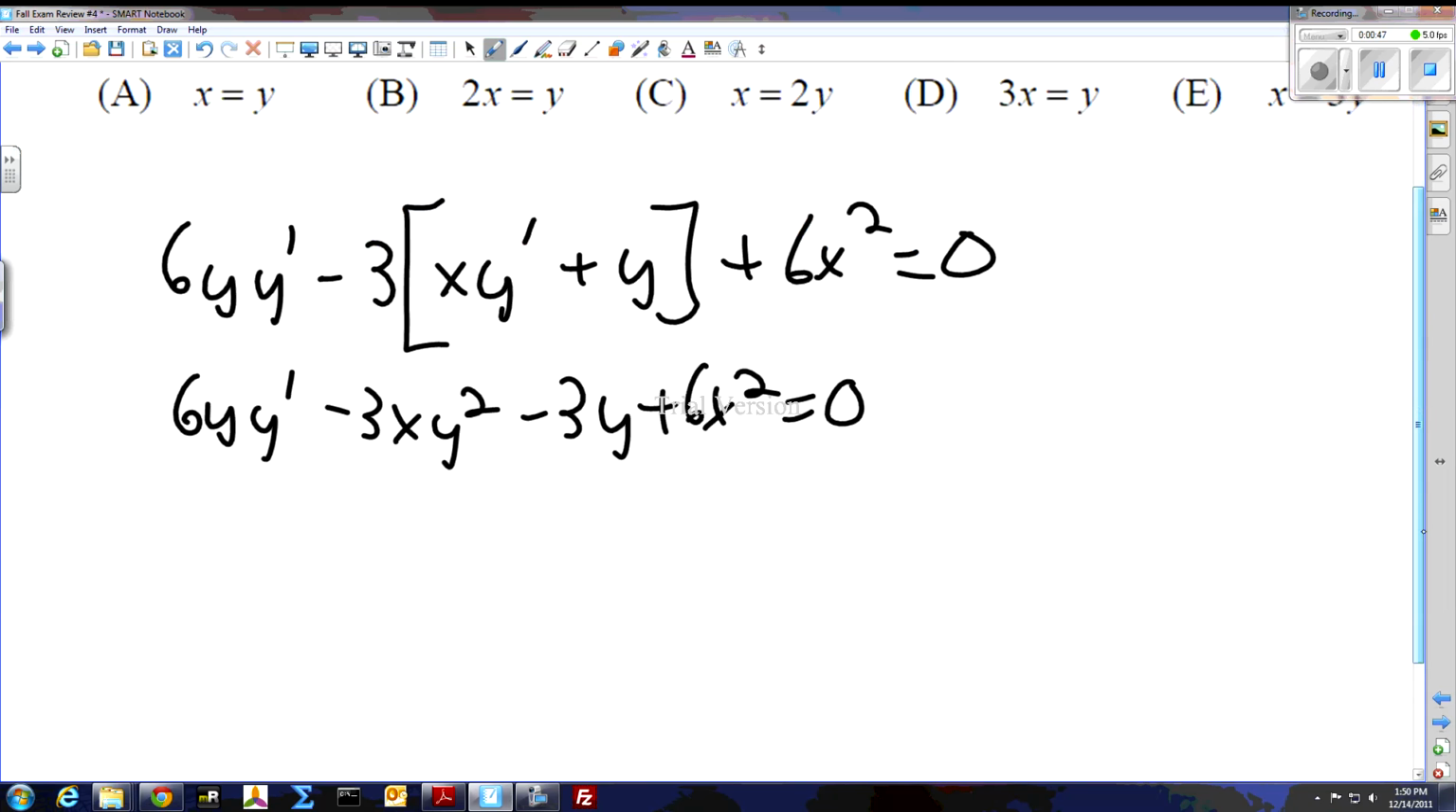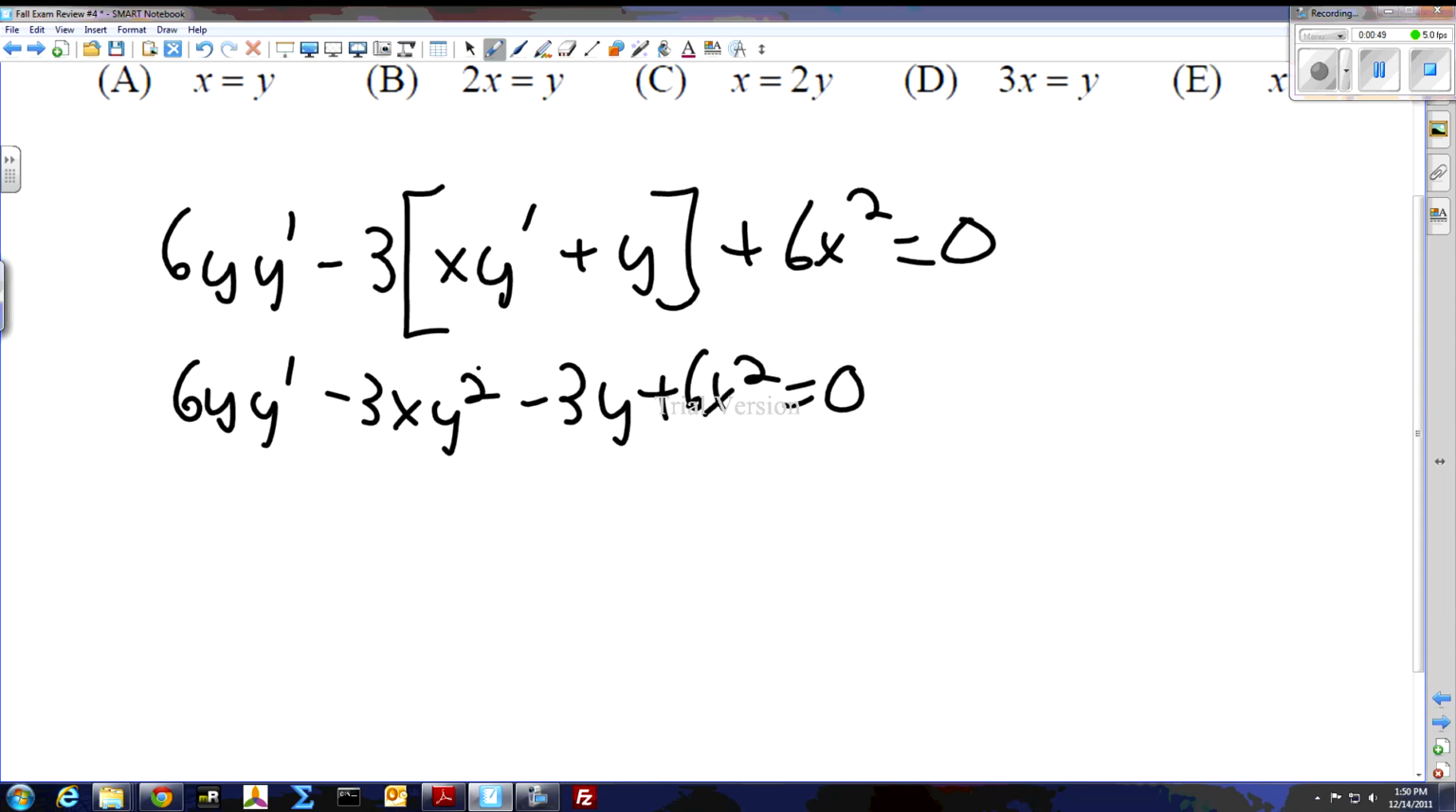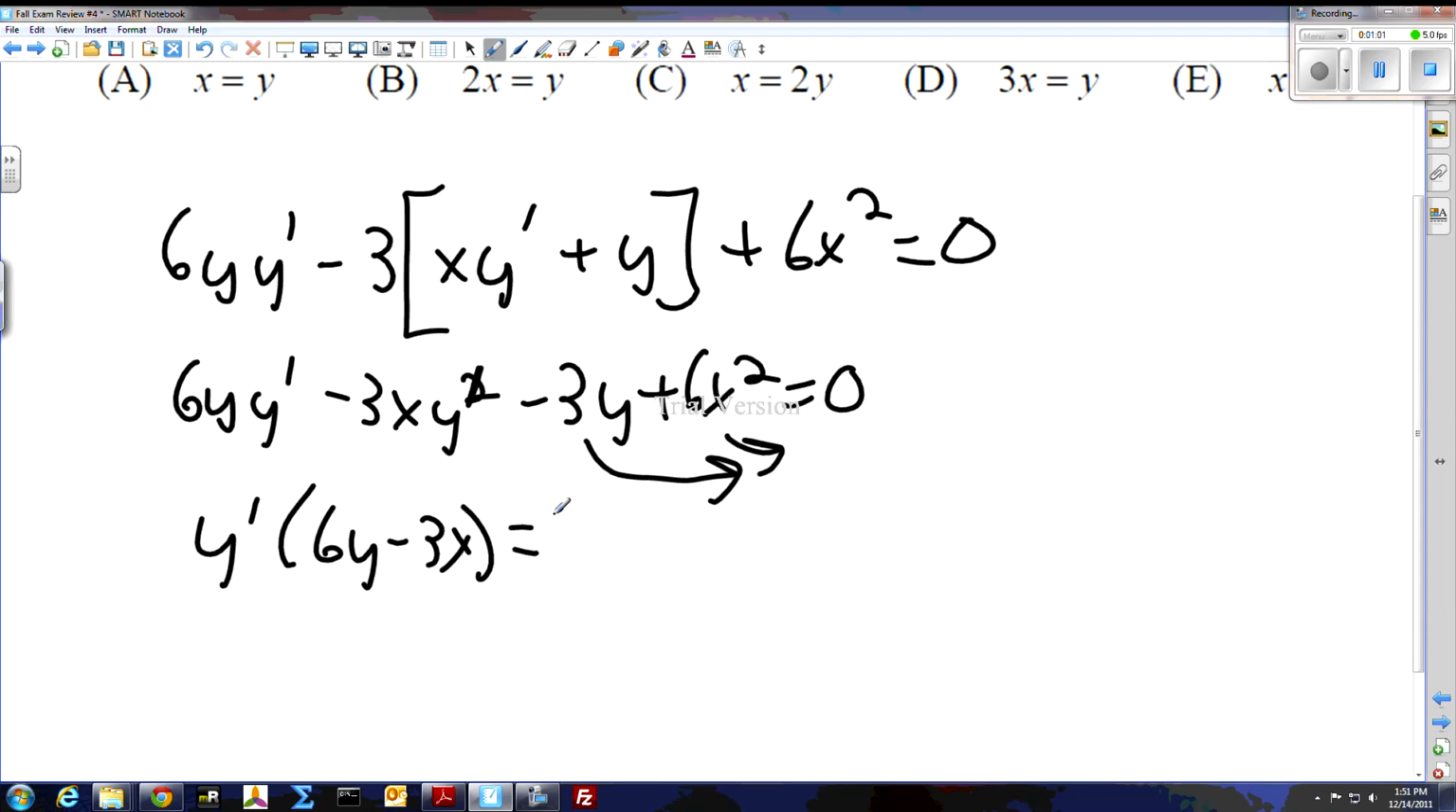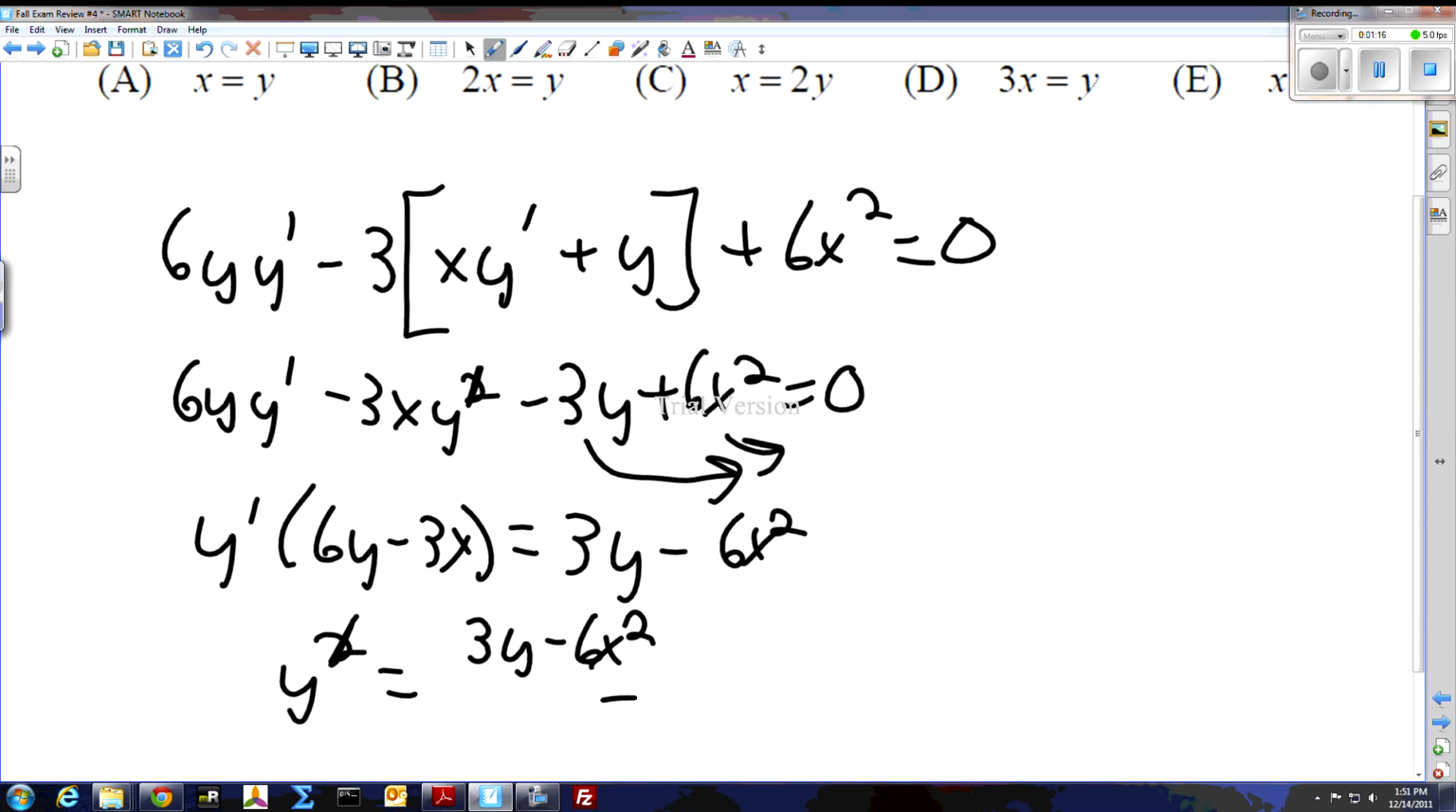In order to solve it, that should be y prime, not y squared. I'm going to take out a y prime and get 6y minus 3x. At the same time, I'm going to take to the other side these two terms, so they'll have 3y minus 6x squared. So y prime is 3y minus 6x squared